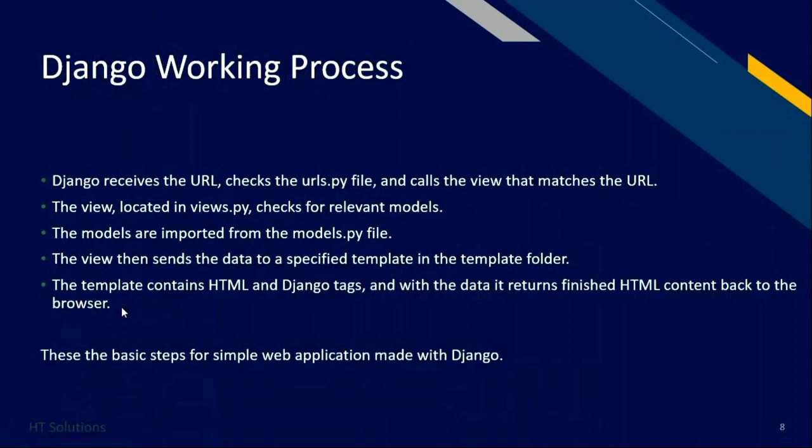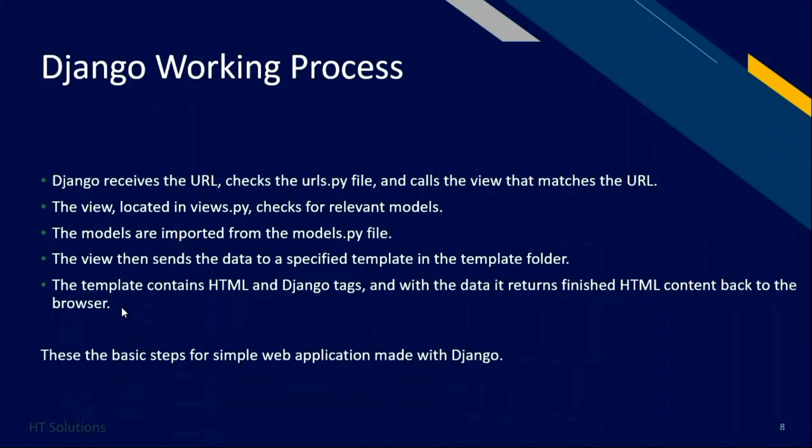Once the URL is received, Django checks the urls.py file and calls the view that matches the URL. Next, the view, located in views.py, checks for the relevant models that we stored, imported from models.py, and then the view sends the data